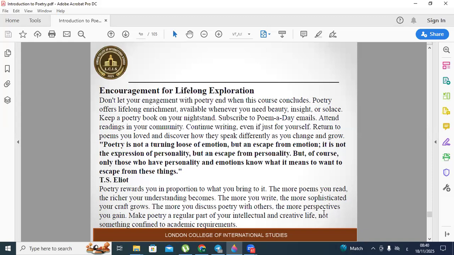Deepening understanding. The more poems you read, the richer your understanding becomes. Each poem you encounter teaches you something about how poetry works, building your intuitive understanding. The more you write, the more sophisticated your craft grows. Your first poems might feel awkward, but your 20th or 50th